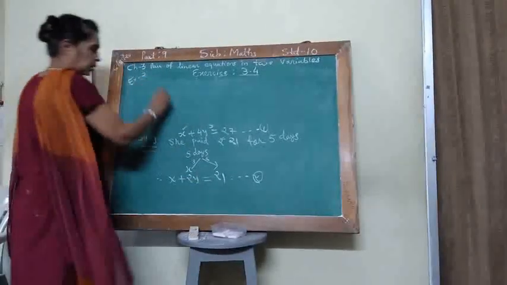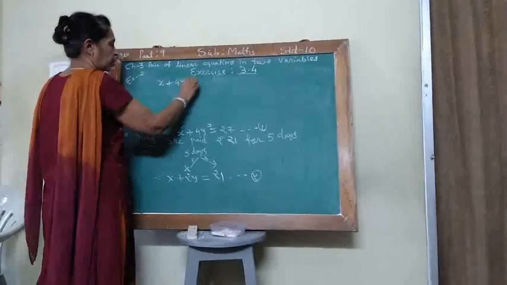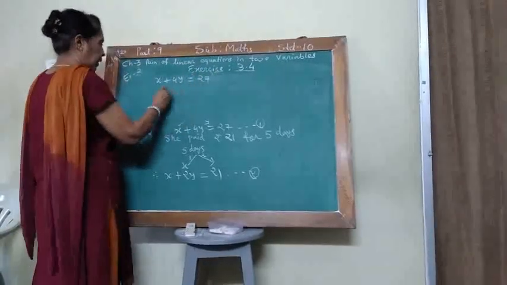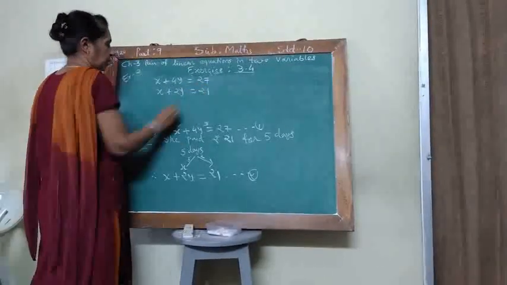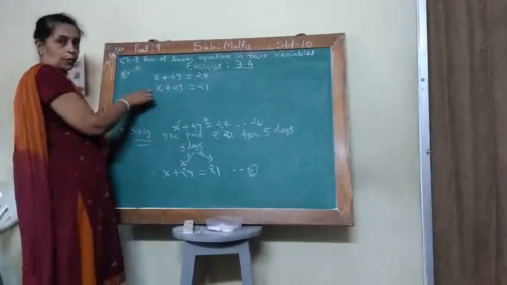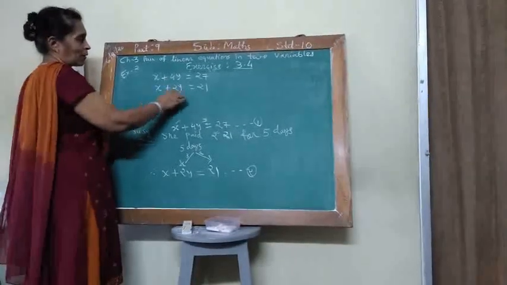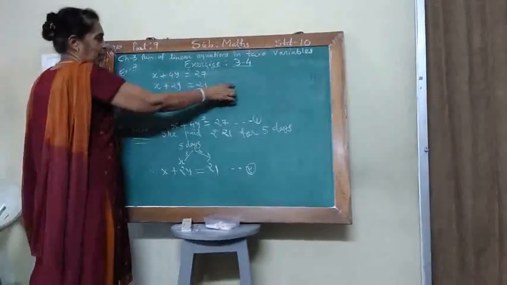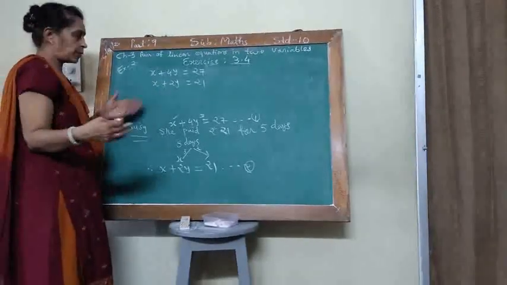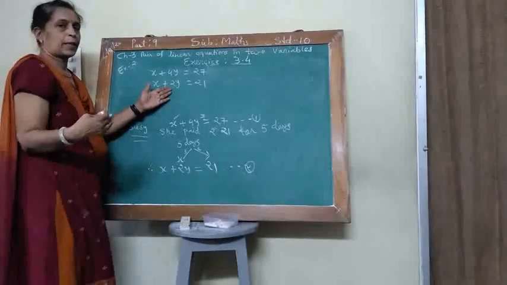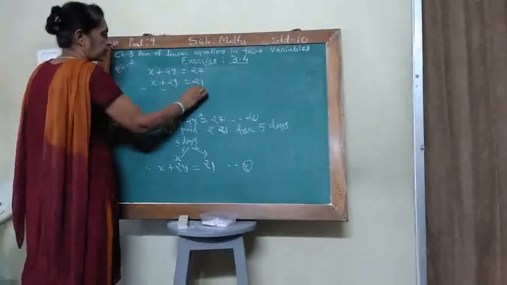Clear? So the first equation is x plus 4y is equal to 27. The second equation is x plus 2y is equal to 21. And it is easy to cancel the x variable. So don't multiply the second by 2 to try to eliminate the y variable. It may take time. You can do it, but it may take time. So you only change the sign.